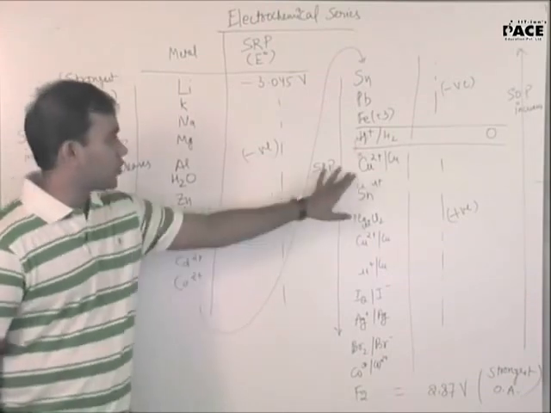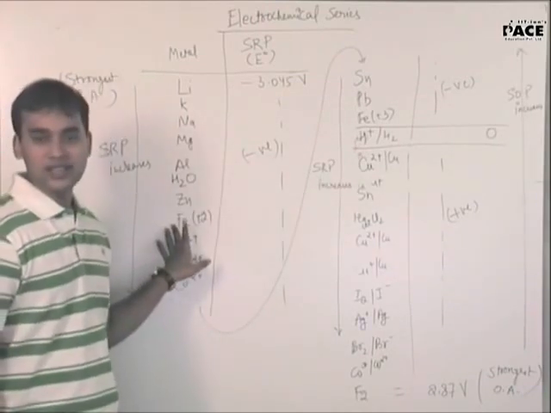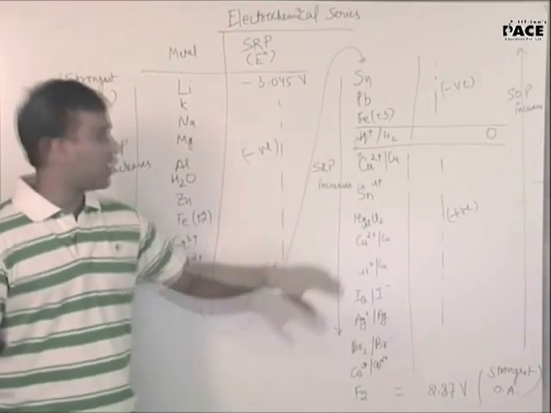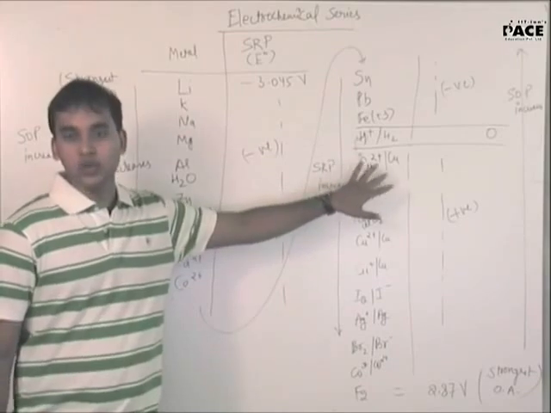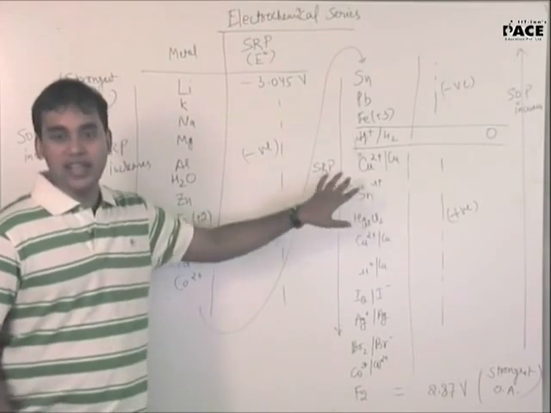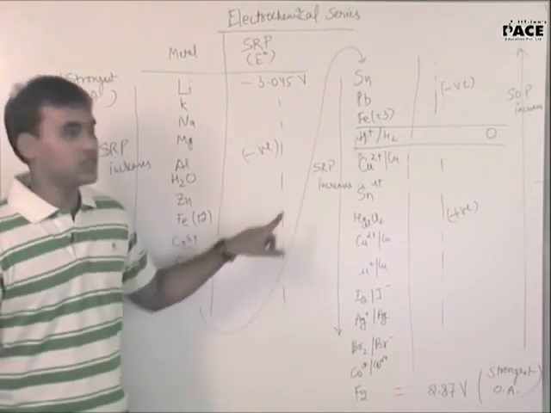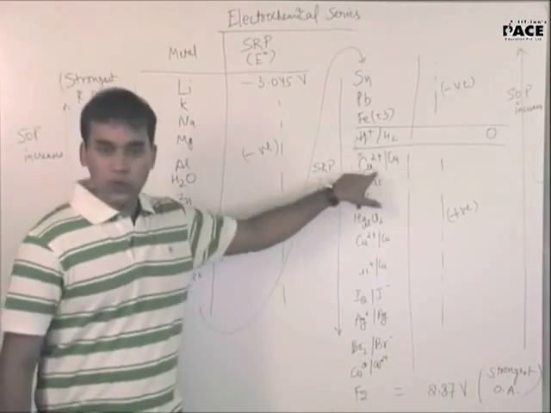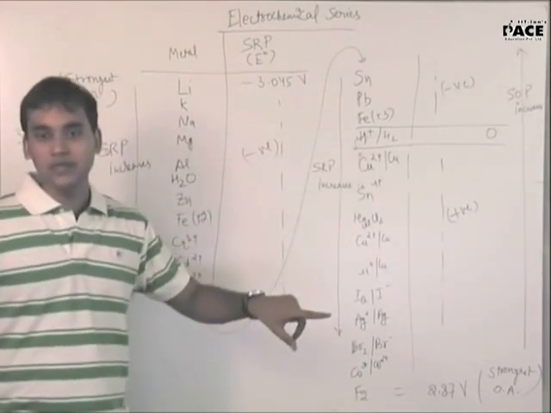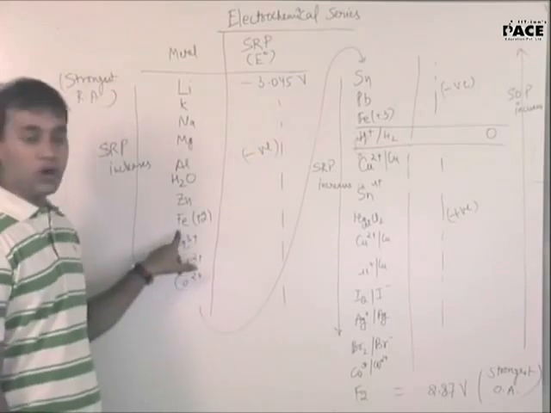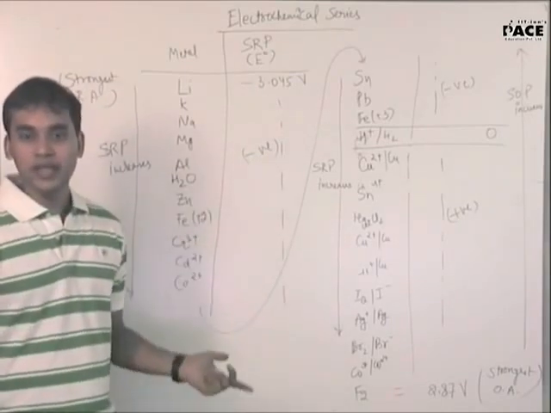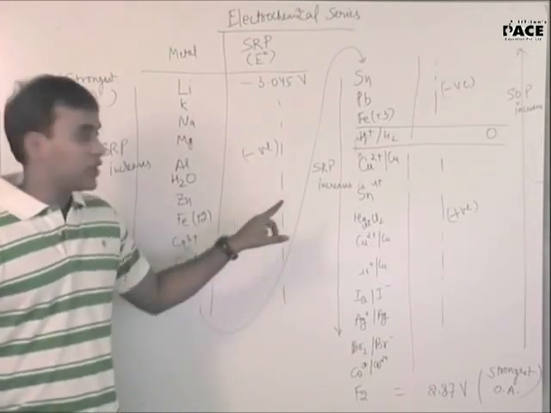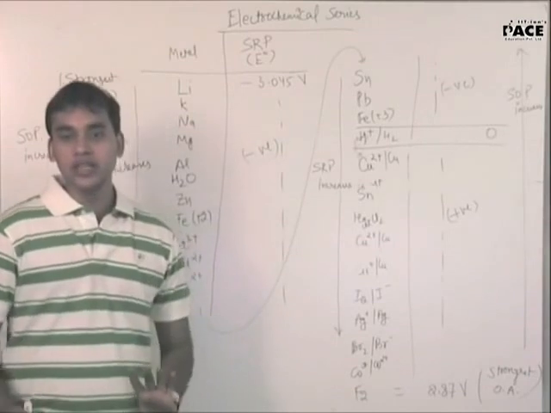If it is displacing copper 2 plus from its salt, iron needs to get oxidized. So it has a greater SOP? Yes. Or the other way around, copper going from copper 2 plus to copper is much more likely than iron going from iron 2 plus to iron, because copper has a higher SRP. So copper 2 plus goes to copper, and Fe goes to Fe2 plus, because it has higher SOP. So Fe goes to FeSO4, and CuSO4 goes to Cu.